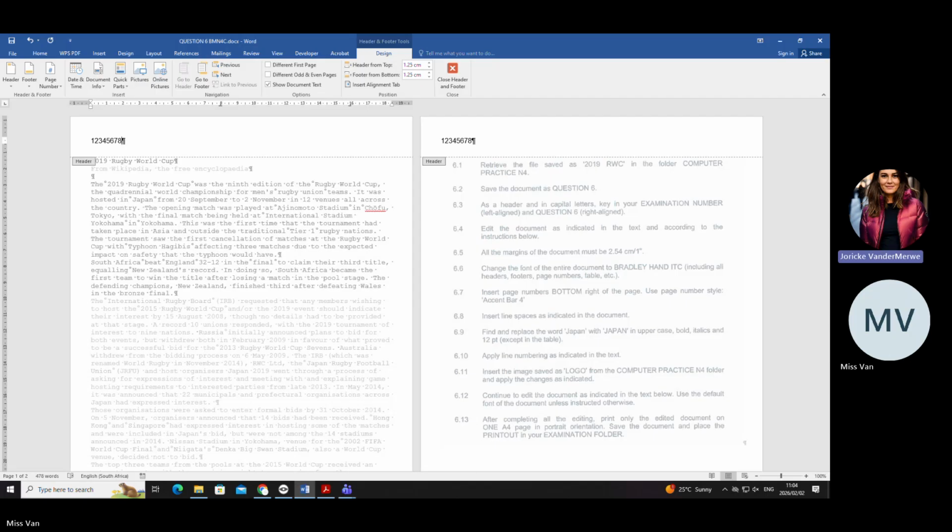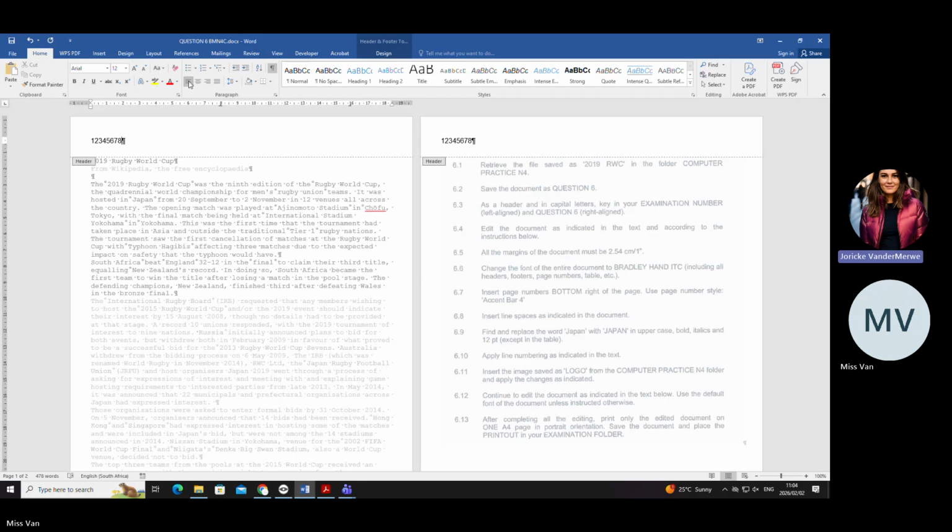Okay. Now, it says that examination number must be where? Where must the position be? Left aligned. Okay. Which it is. What must be on the other side of that page, right aligned? The question 6 in capital letters. Now, normally, those of you who know a little bit of Word, we will go to Home and we will transfer our alignments left, right, and center. But can you see what happens if I change the alignment there? It takes my whole ID number back to the right-hand side, which I don't want.